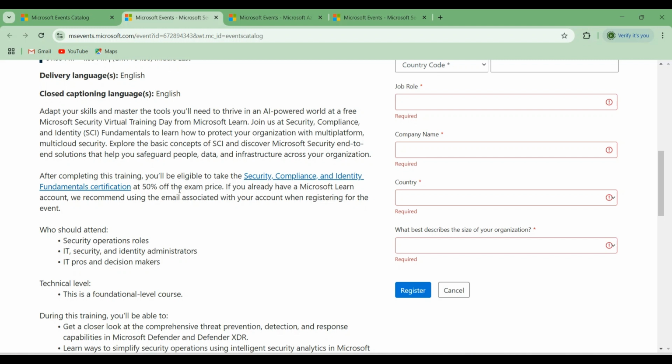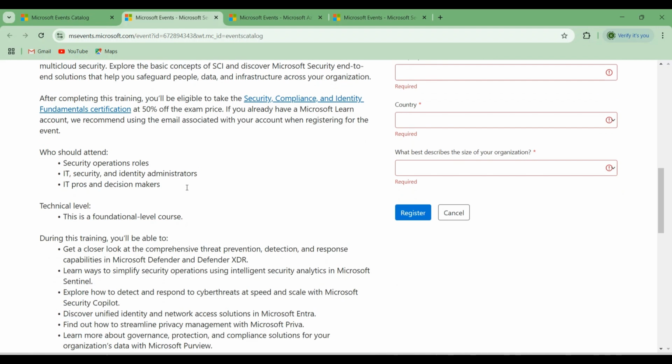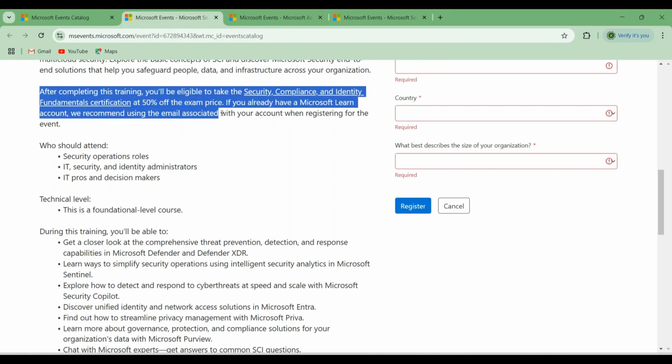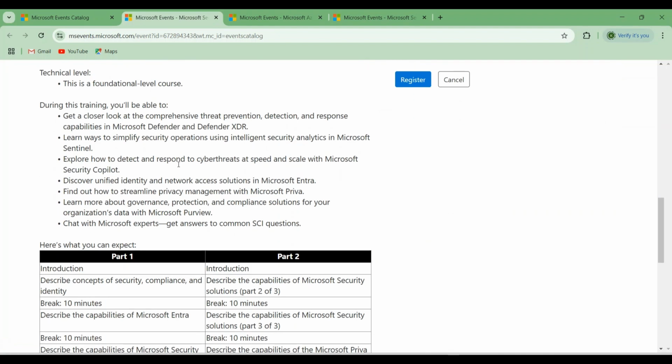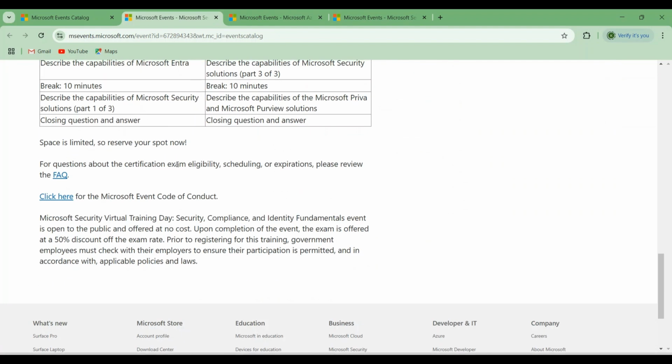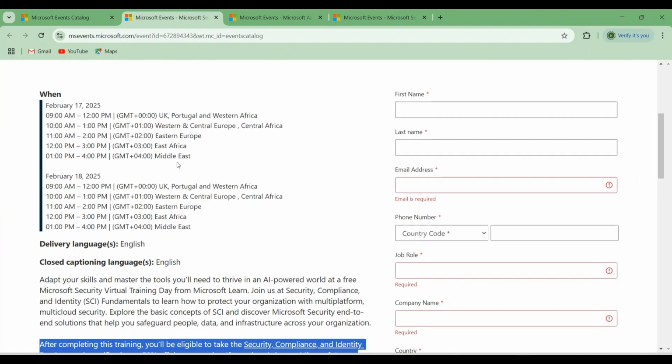So you attend that particular training. Once you attend it, after the completion of this training, within 1 week you become eligible to take the security compliance and identity fundamentals certification at 50% cost of the exam price. And got it. So if you are doing this,